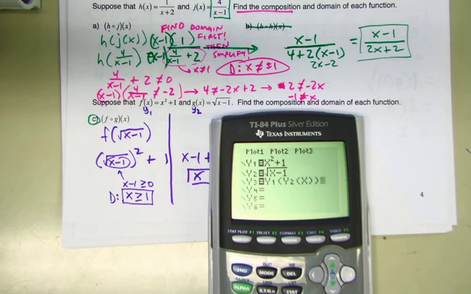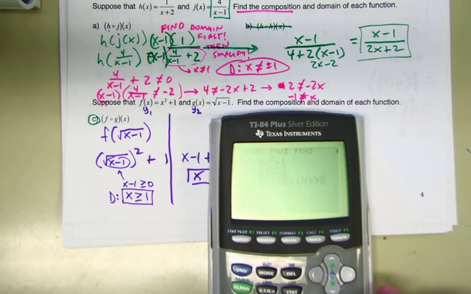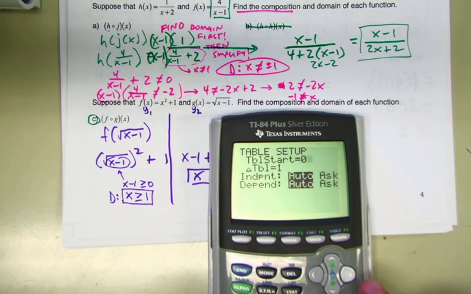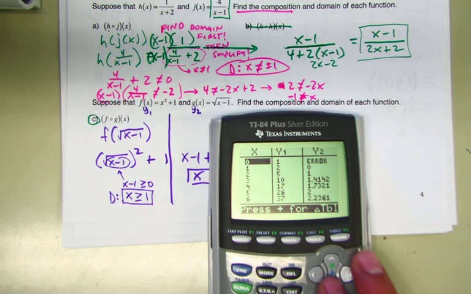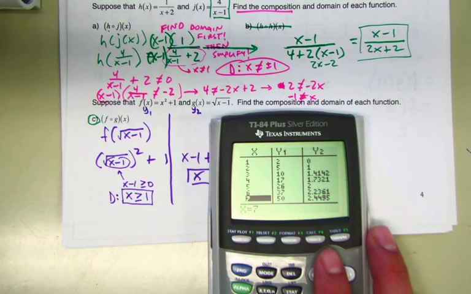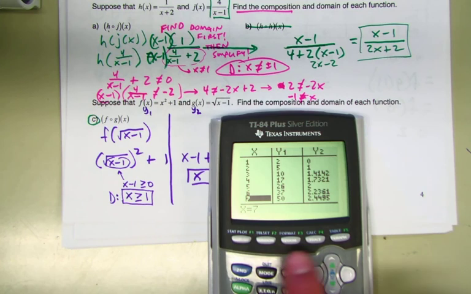Okay, and this is actually a really nice technique to use if you're doing problems where you have to evaluate a whole bunch of things. Maybe you don't want to actually figure them out by hand. Because now, this is pretty cool. If you go to table, let me start it at 0. Okay, if you go to table, now you can do this, if I said what's f of g of 2, you can figure it out using the table if you want. Okay, but more importantly, if you look at the graph,